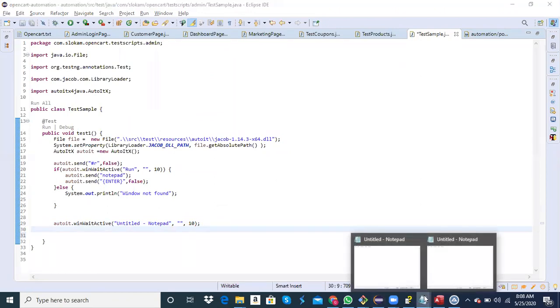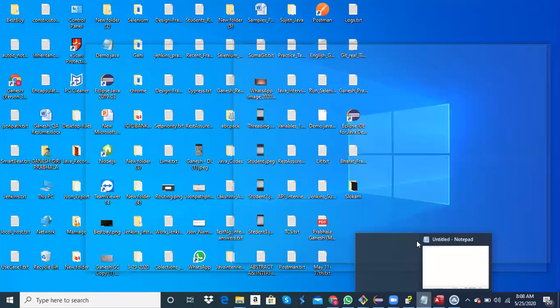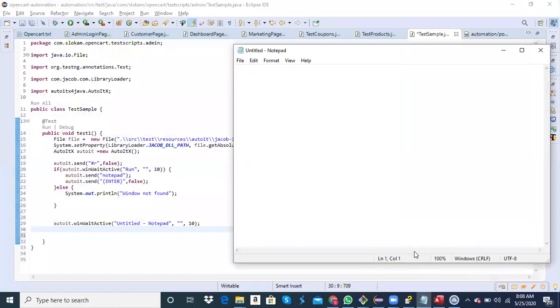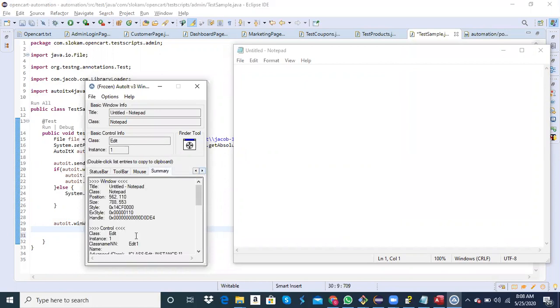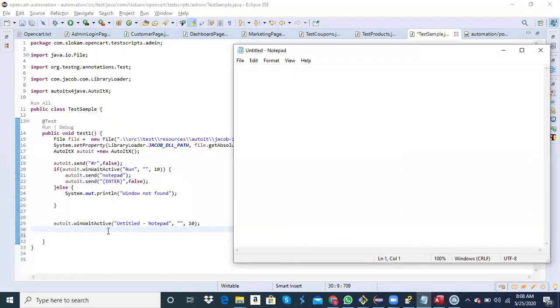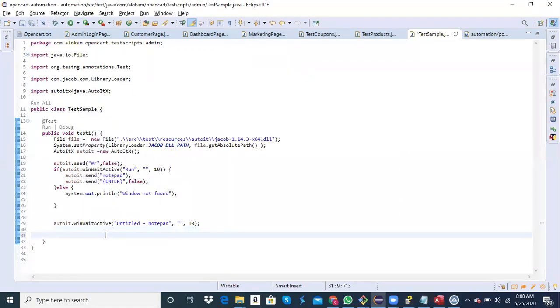Then what is it going to do? You have to type something here. So how do you type? What is the location for the typing? By default, you have this class Edit1, right? I told you to go to the summary, and in the summary you have this advanced class. Okay, this is the locator you have. This locator, just identify that, and you use AutoIt dot